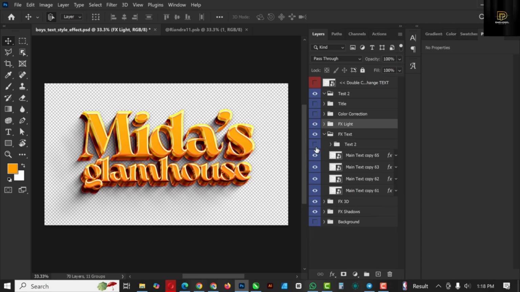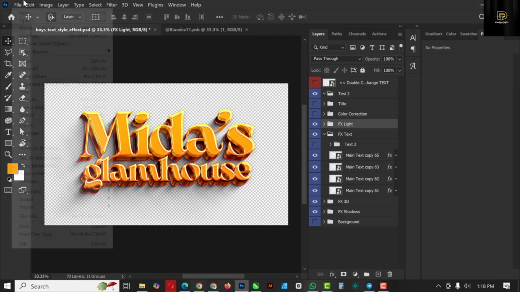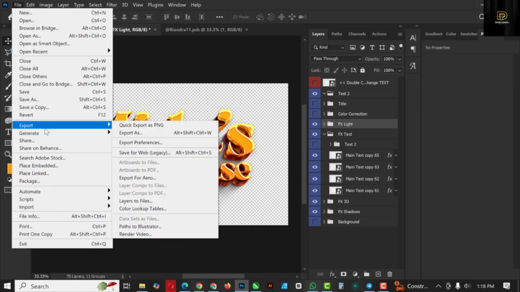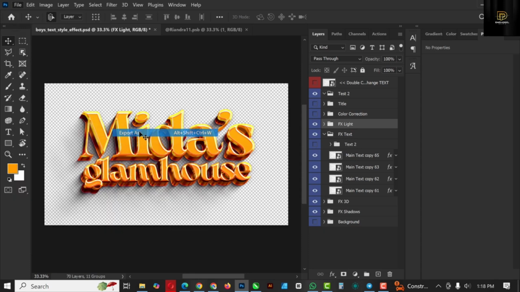You can see how nice this has turned out to be. Great. So all of this that I turned off, make sure it's turned off in yours too, so you have a perfect image. Now what you want to do is go to file, go to export, and click on export as, right? So click on export as,